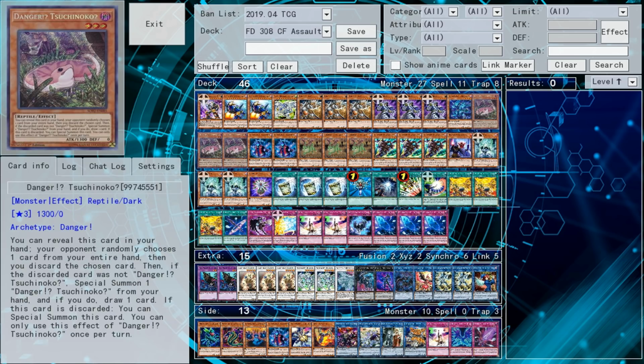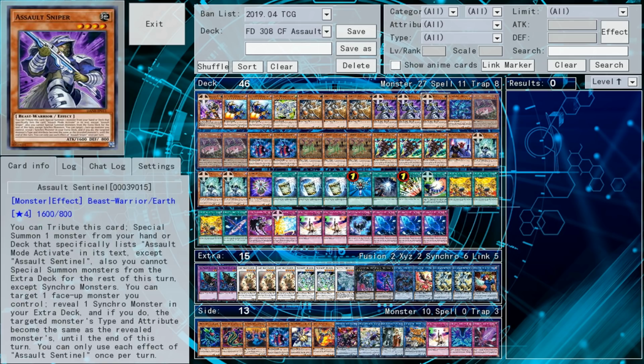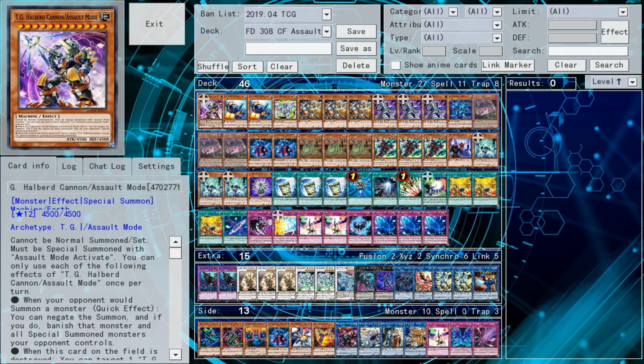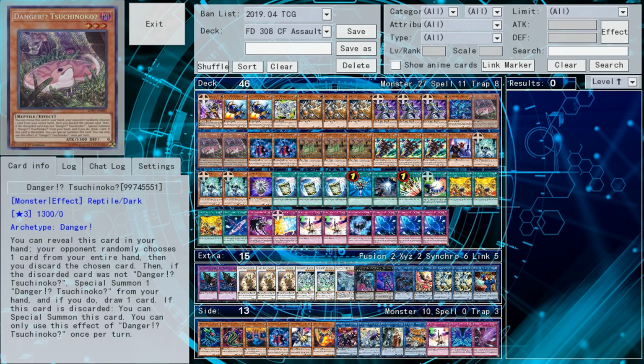And I've made decks in the past about all of the assault mode cards before they released new support, and it is so hard to make an assault mode deck because the assault mode cards are not very good, and they all brick in your hand. It is so bad. But anyways, you may have noticed this is a 46 card deck instead of a 40